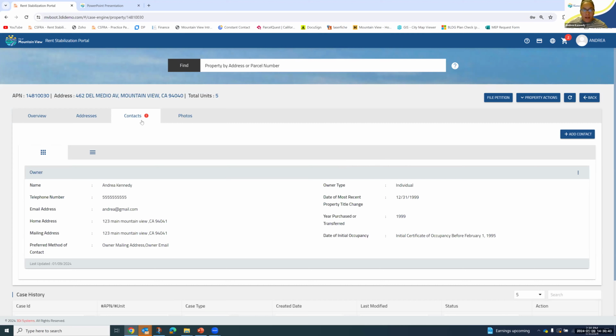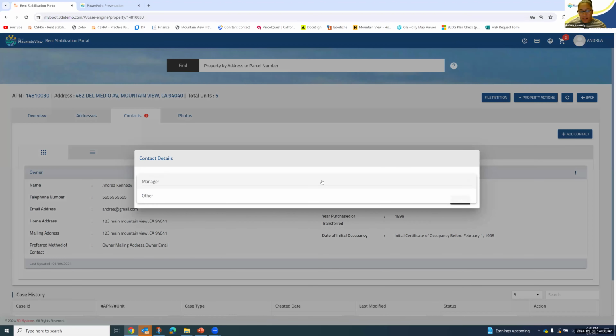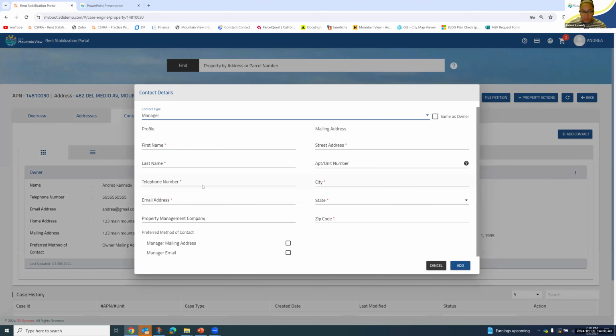All right, so our exclamation point is not gone yet because we still have to add in our manager. If you're a small operation and the owner and the manager are the same, you can click this box here, same as owner, and it will fill in. You can choose if you want your contact, or if you have property managers, you can put their information here.